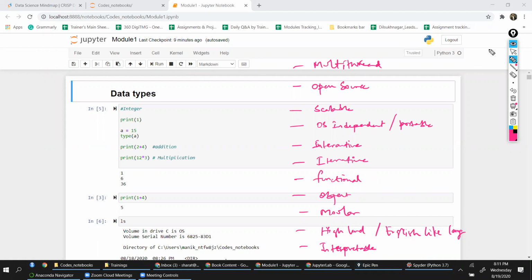All right. So these are all the capabilities that we have for Python programming. And one more very important point I forgot: general purpose programming. It is a general purpose programming language. That means you can develop anything using Python programming. These are a bunch of benefits. You can keep reading on those on top of these things.